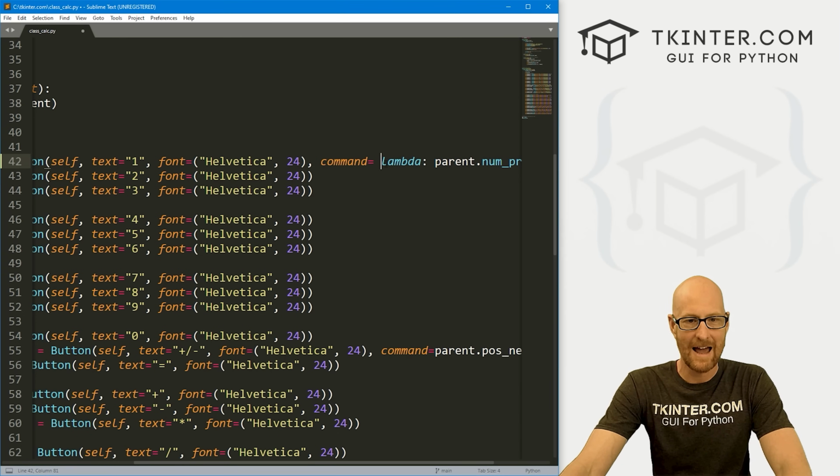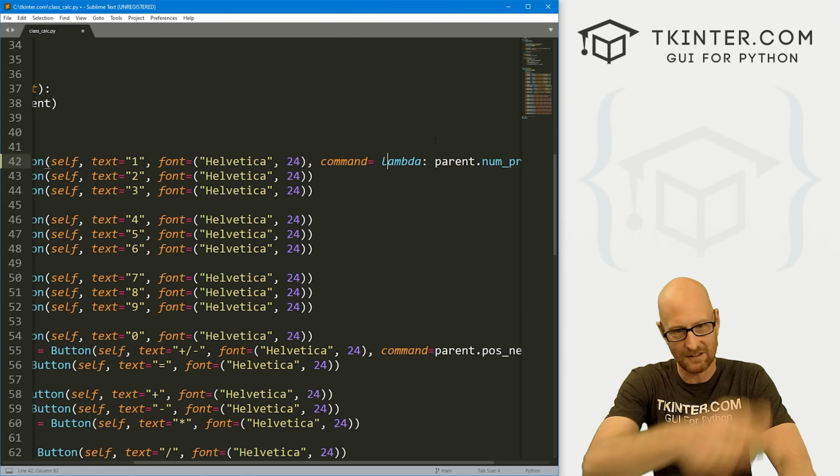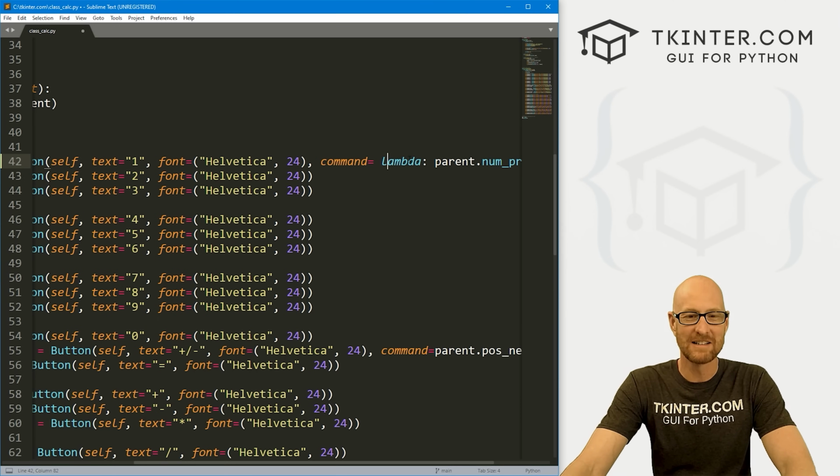Now this looks like a capital L. It is a lowercase l. The whole thing is white, it's angular, but with Sublime, for some reason, lowercase kind of looks like a capital L. But it's lowercase. So anyway, we give this a command of lambda, and then we pass this to our parent